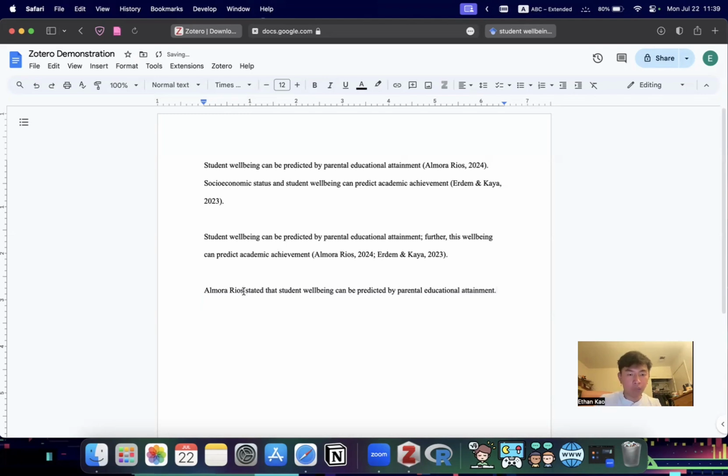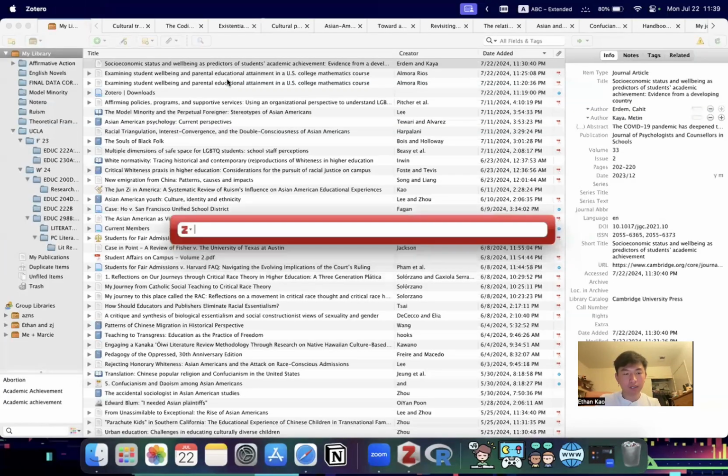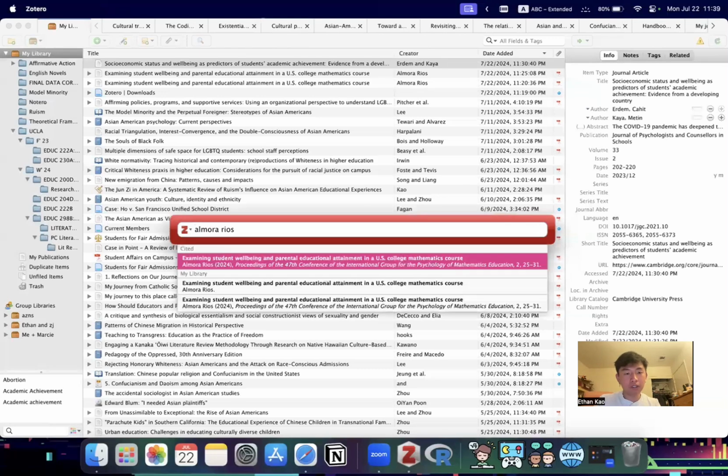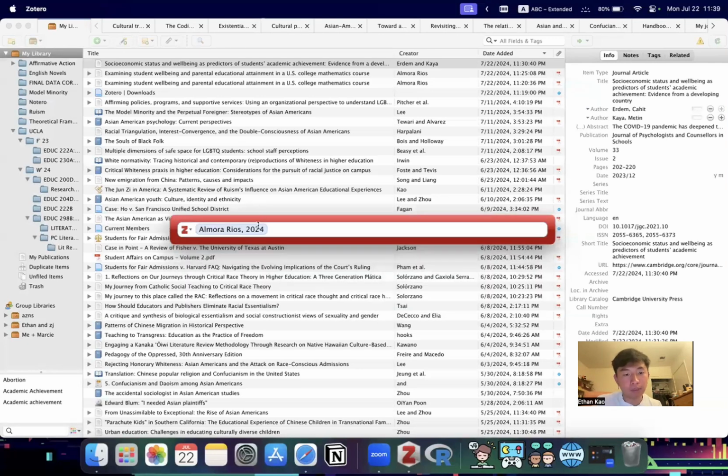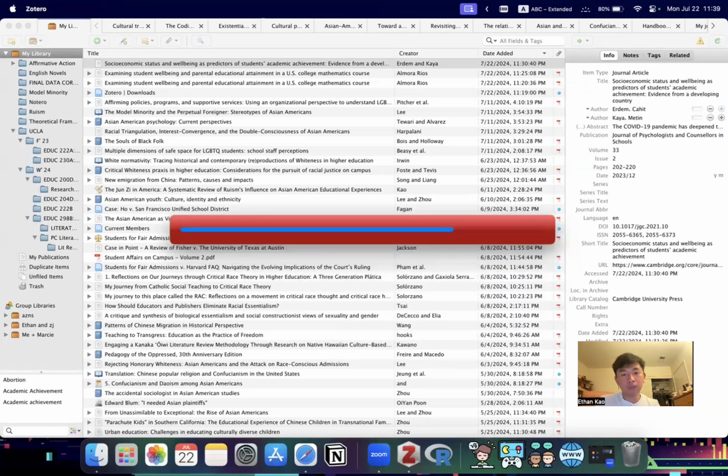I can go here where I want to insert the year. Normally, I would just do it as such. But I can click Zotero, add or edit citation, find my article. And this time I'm going to click the citation and I'm going to click omit author. This will give me just the year, which is